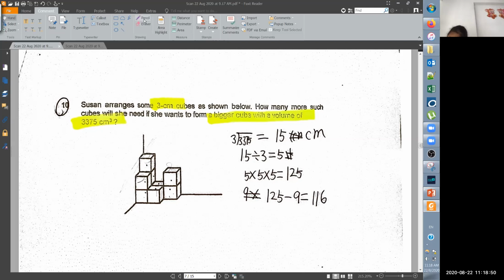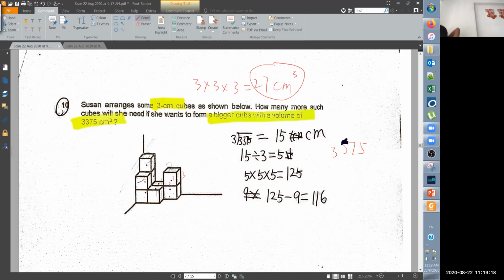OK，不用这个，你就直接找出3乘3乘3等于多少。所以一个是27，对吗？And if she wants to form a bigger cube with volume 3375，你还需要3375，你除以27咯。答案是什么？3375除以27。